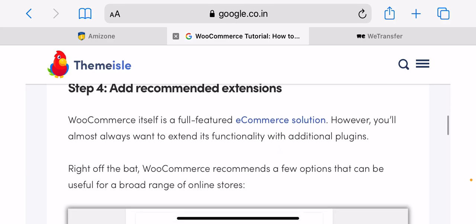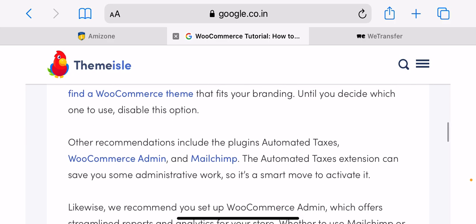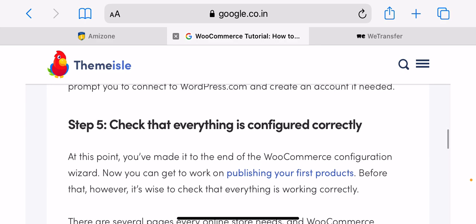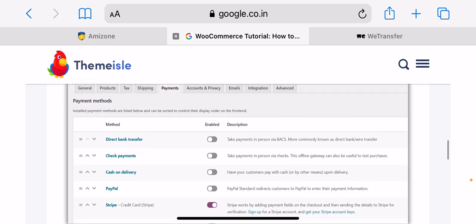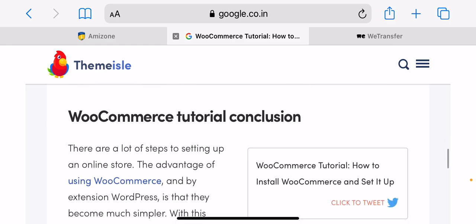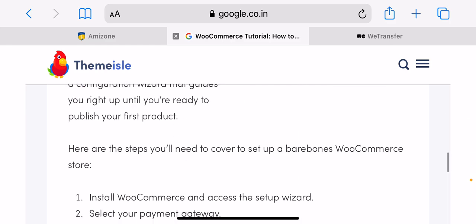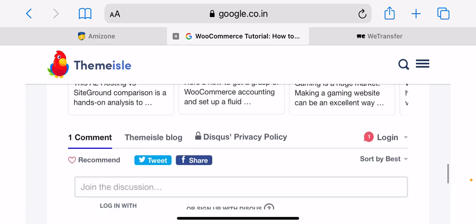Both Stripe and PayPal are good options, so you won't go wrong with either. We have a post dedicated to the best payment gateways for WooCommerce if you need some help deciding. Select the options you want now and then move on to the next page. You will configure the rest of your payment settings later. Next step is set up your shipping zones.